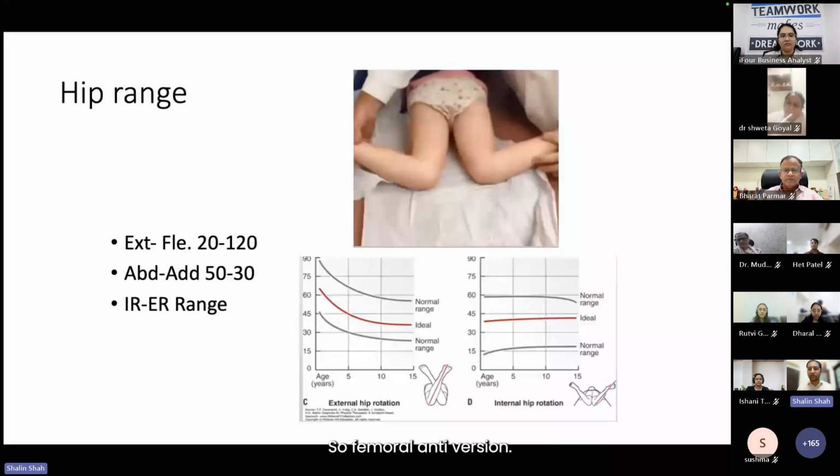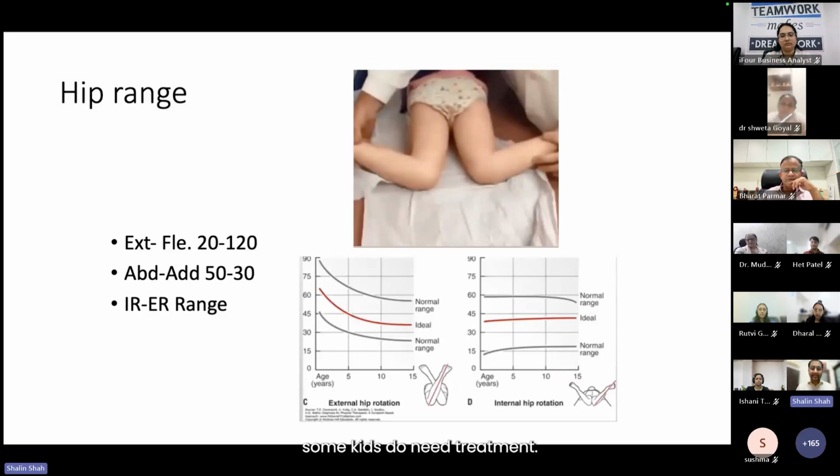So femoral anteversion is normal in infancy and toddlerhood, and it corrects by the age of 8 to 10 years. The same goes for the coronal plane alignment. You're born with genu varum, you go on to have genu valgum, which peaks at 4 years of age, and by the age of 8 years, most of them come to the adult slight amount of mechanical valgus, which is the physiological valgus we all have.